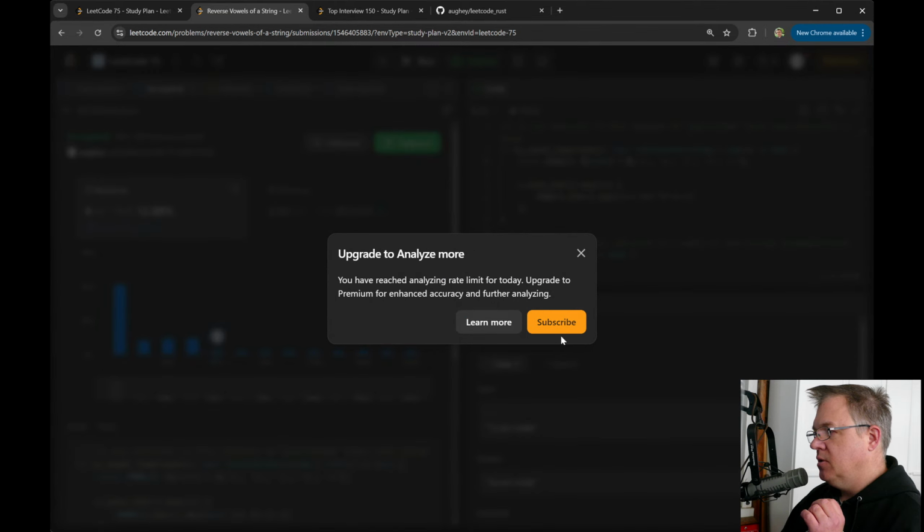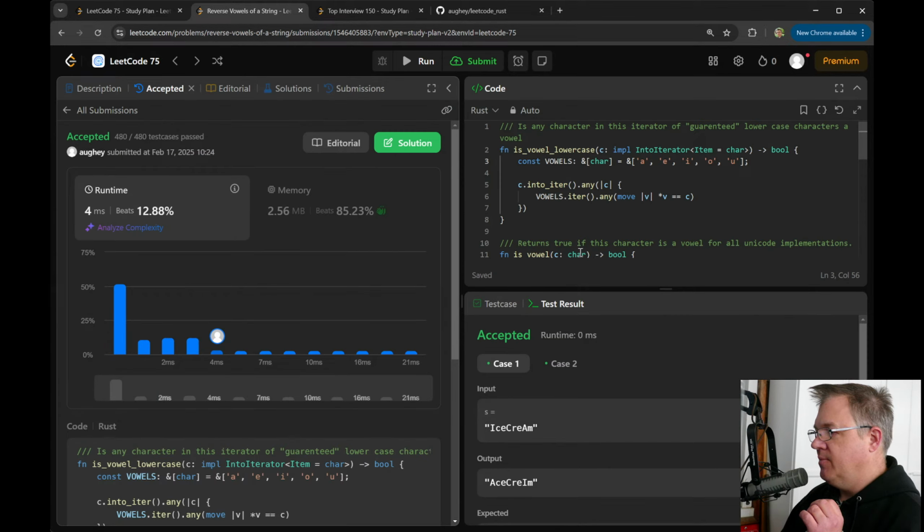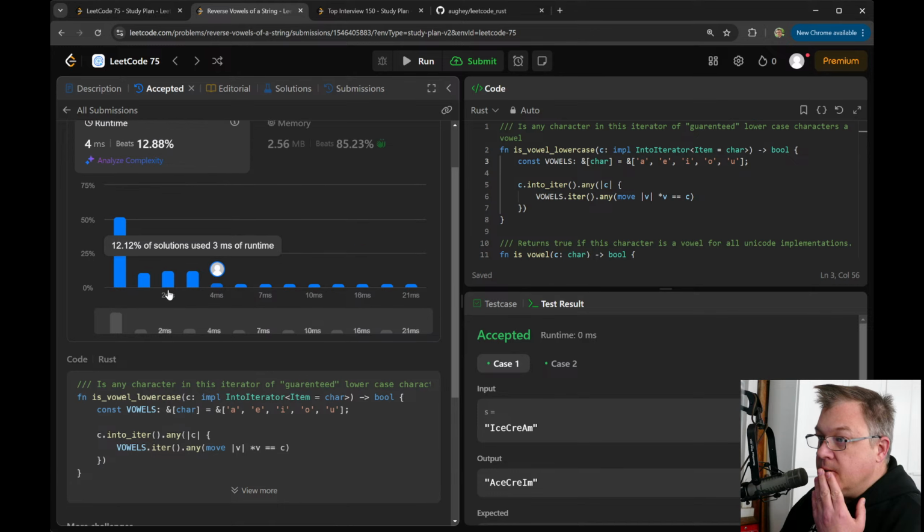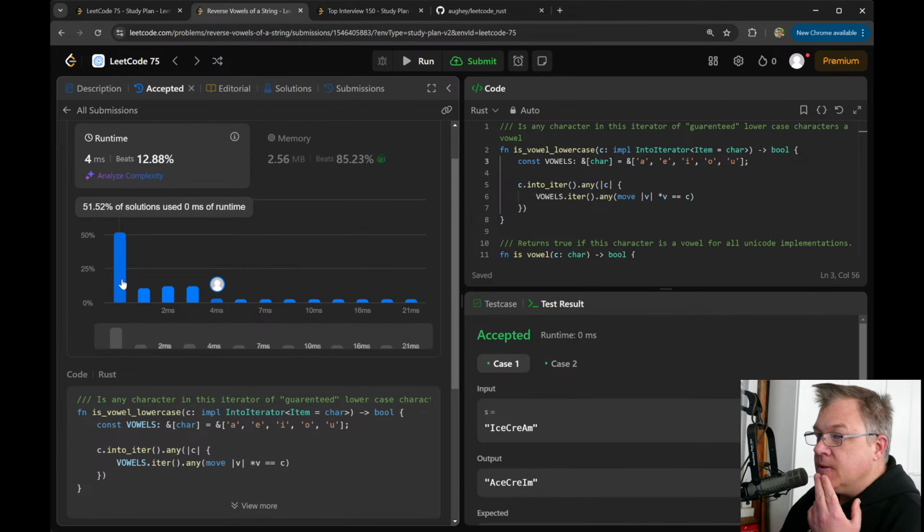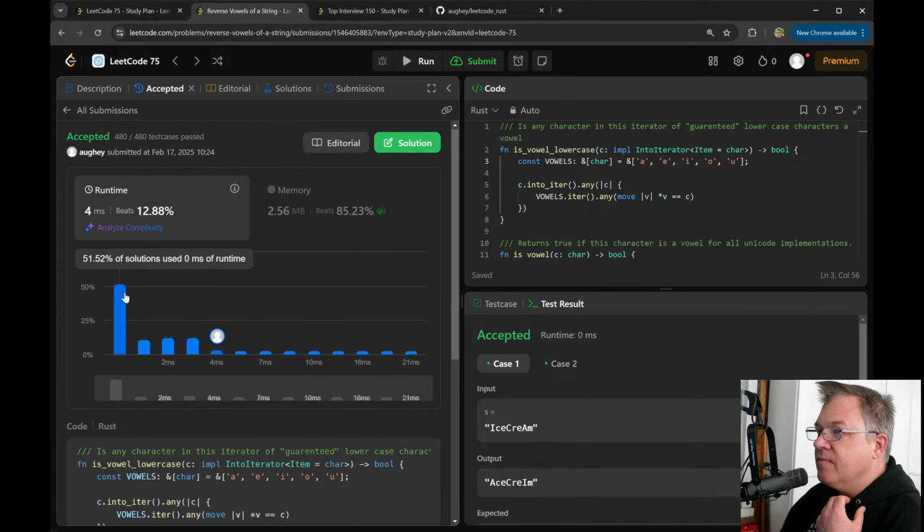Analyze complexity. Reached the limit. Ooh. Can you rerun it?